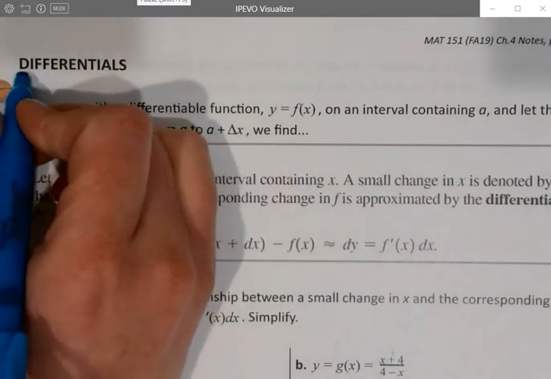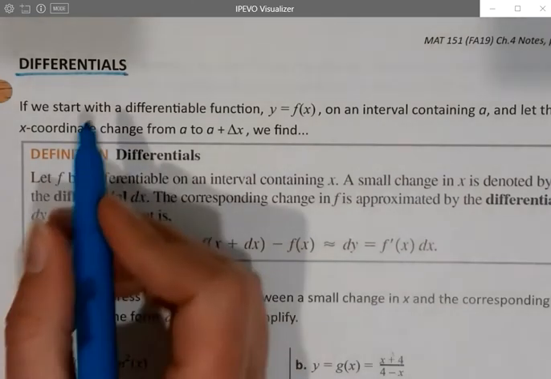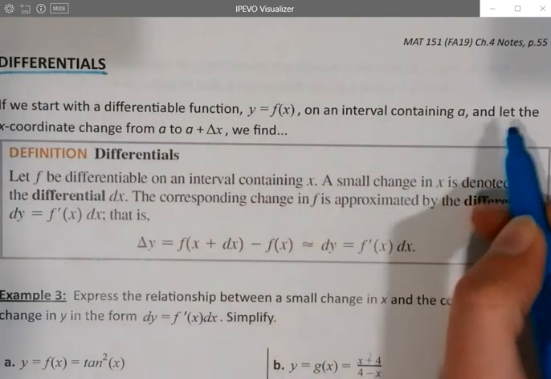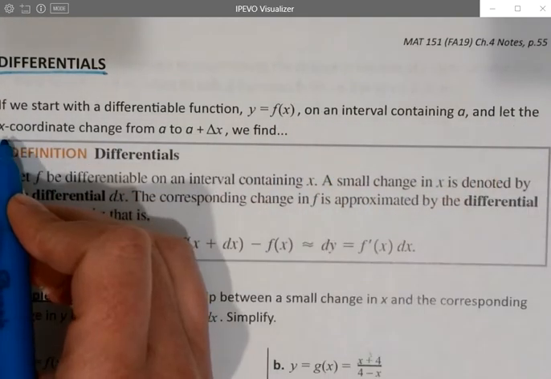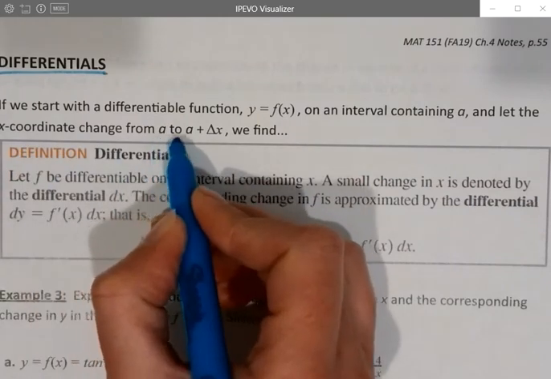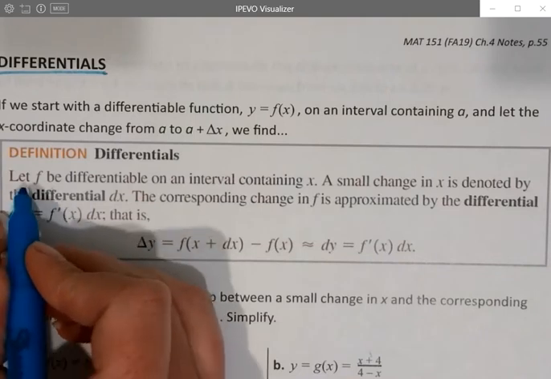The other topic in this section, which is closely related to linear approximation, is differentials. So if I start with a differentiable function, y equals f of x on an interval containing a, the x coordinate, and let the x coordinate change from a to a plus delta x, we find the differential. So the differential,